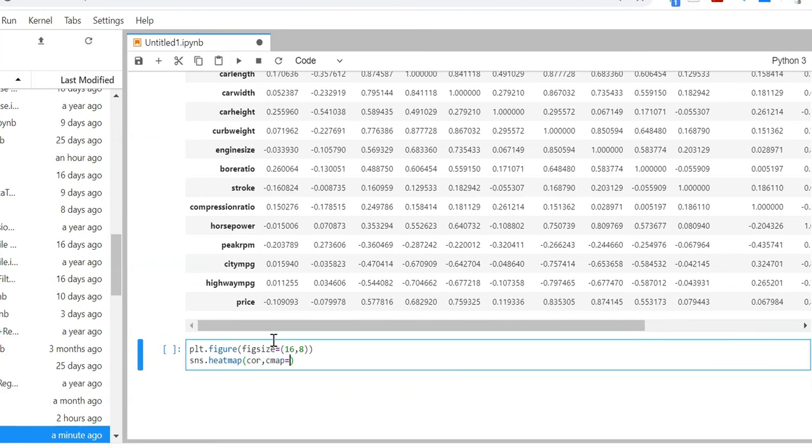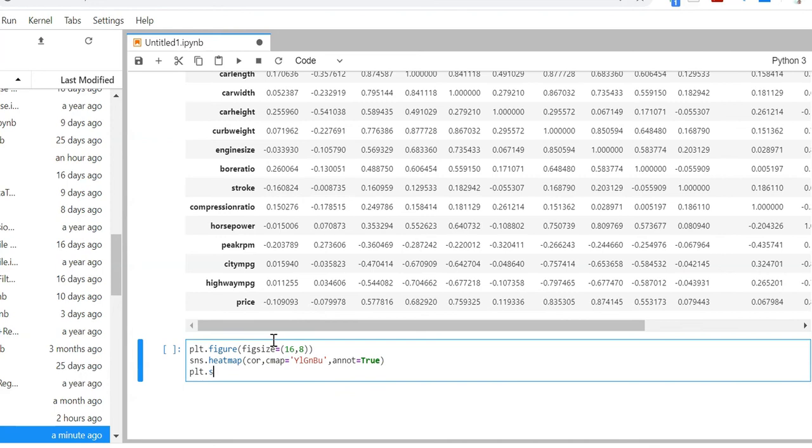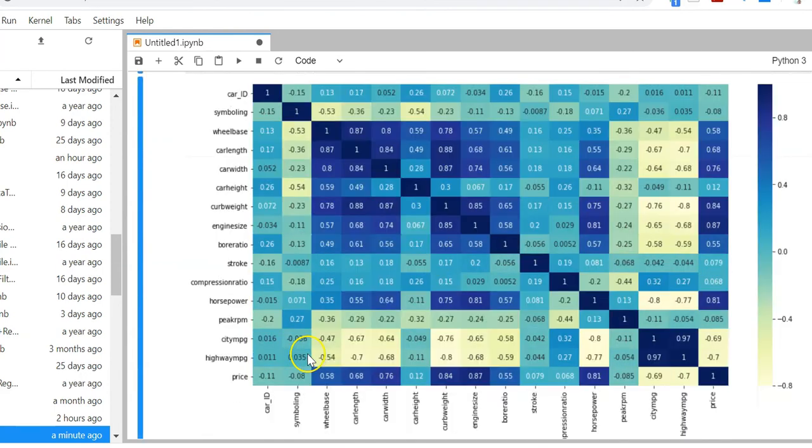So here you have to set the color code. We're going to set white, yellow, green, blue, then annot true. So plt.show. So here's my output.